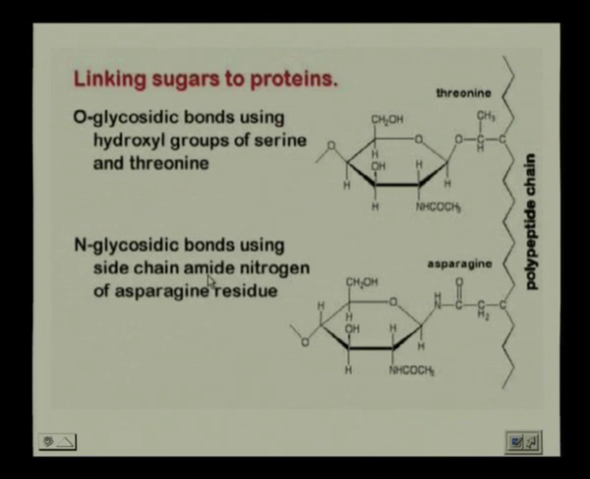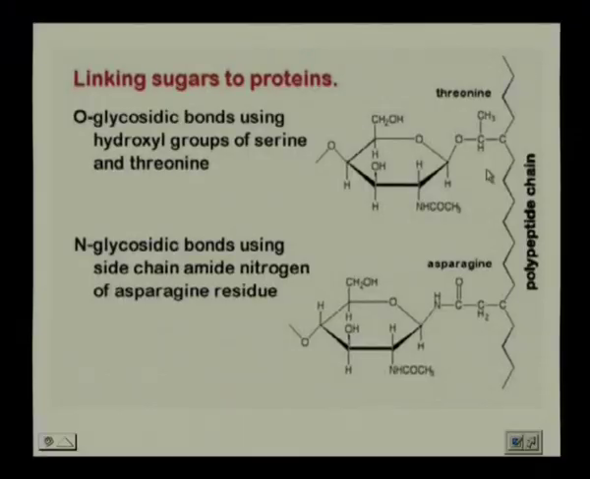Which two amino acids have amides? Asparagine and glutamine, right? So, now we have to remember that when we are forming a glycoprotein, all we are doing is linking the sugar to the protein. Now, this sugar has to be linked to the polypeptide chain through amino acids, because that is what is forming